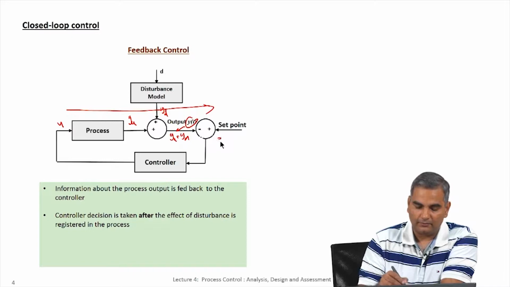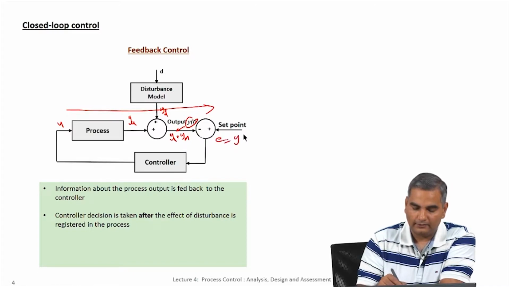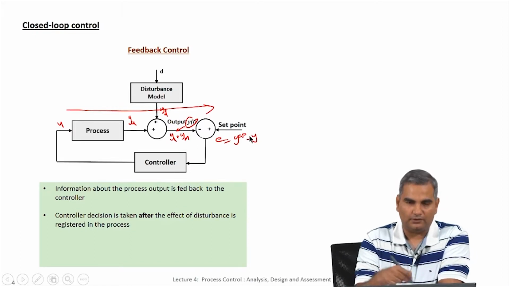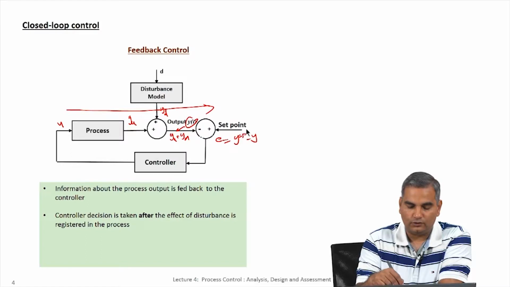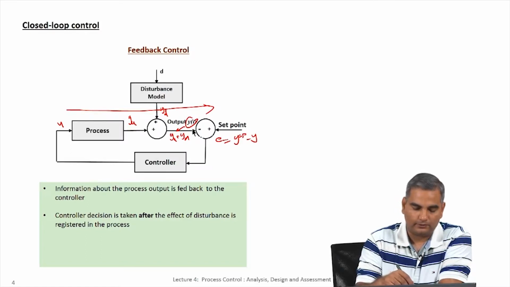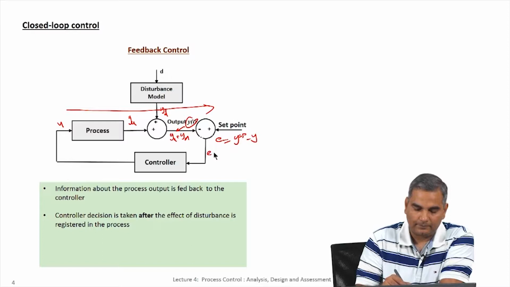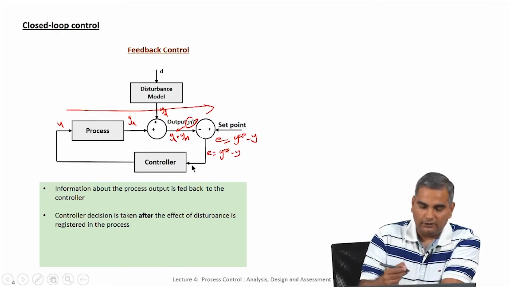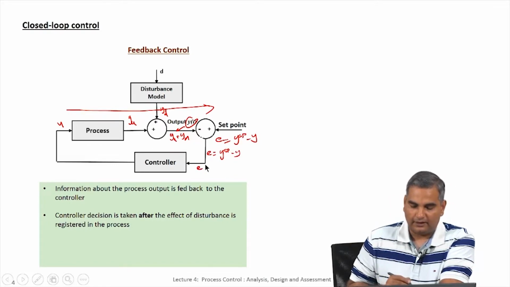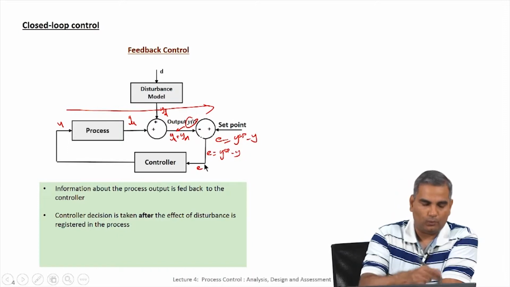So, this error term is y set point minus y. Remember when we talked about the circle and then we talked about these block diagrams, I said you have to look at the circle and then say if it is a plus and a plus, the two inputs are added as output, and in this case you see that y set point is a plus, y is a minus. So, this error equal to y set point minus y is what goes through this connection. So, the controller then basically uses this error to make a judgment about what this u should be.